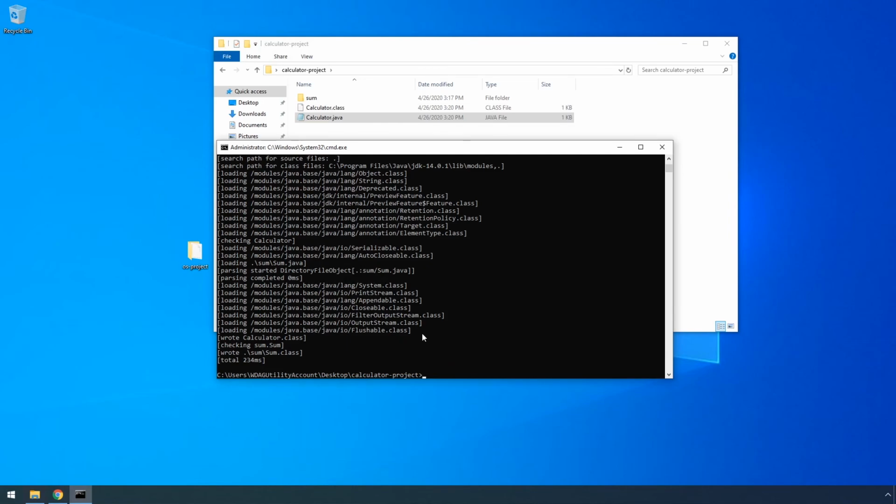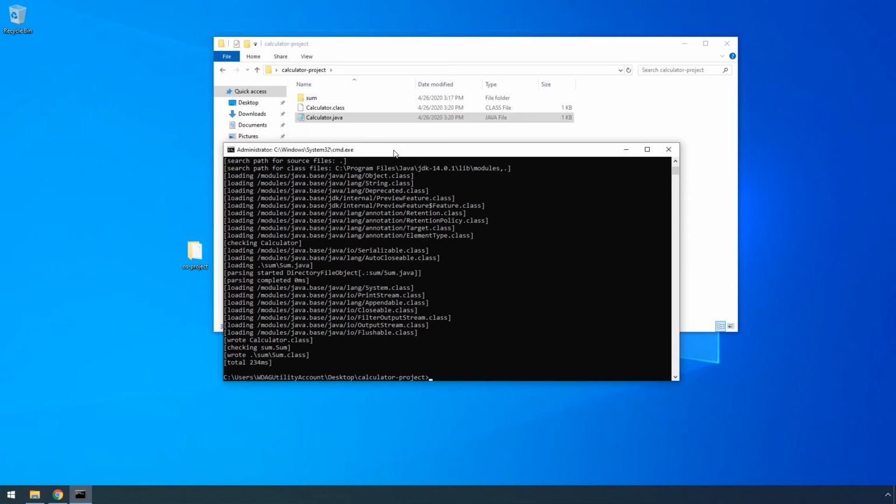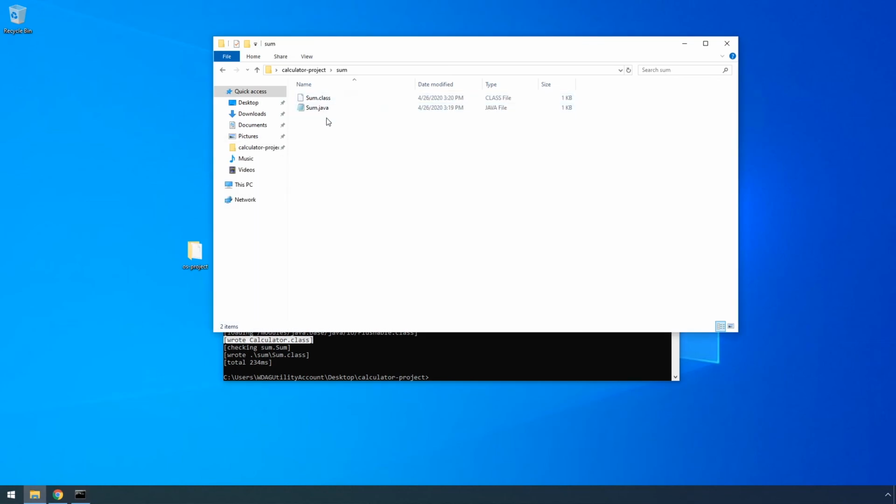And again I use that verbose option to see what happened. And one interesting thing here is that I compiled the calculator code, and you see here that I have the calculator.class, so I have the set of steps for the calculator, but also if I look inside the sum folder, the compiler compiled also the sum because the calculator was relying on that sum.